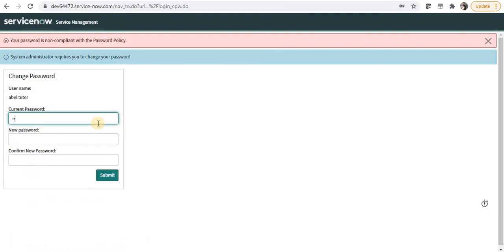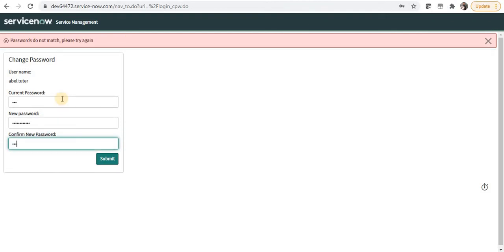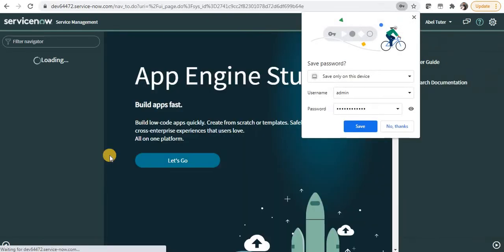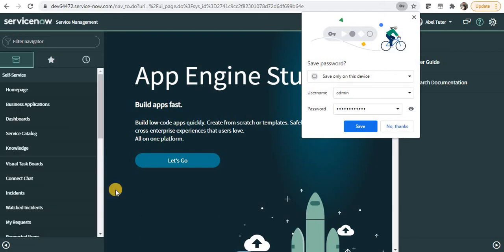Now I will give the current password as 123 and a new password which will have 3 special characters and 2 lowercase characters as well. I have submitted this, and you can see the password has been changed successfully.